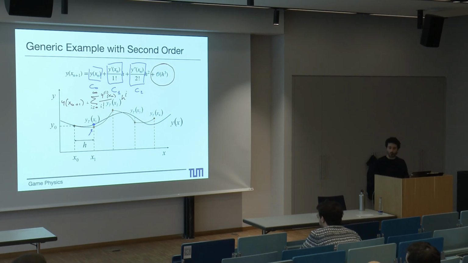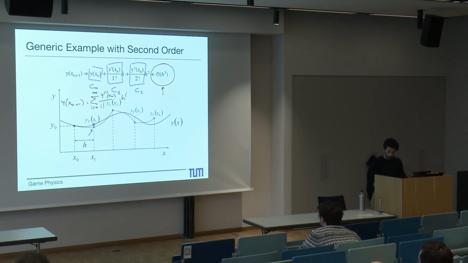So if we are using an infinite sum, then this equation is correct, so it's perfect and there is no approximation. As soon as we truncate, so for instance in this case we are considering i up to 2, then